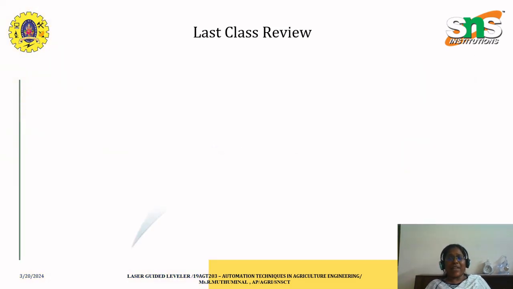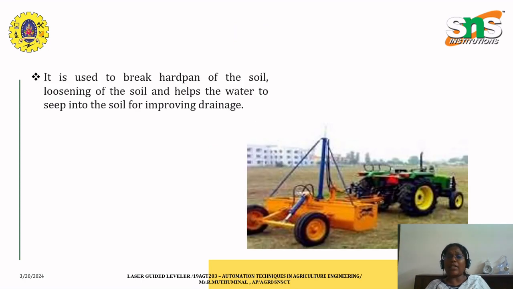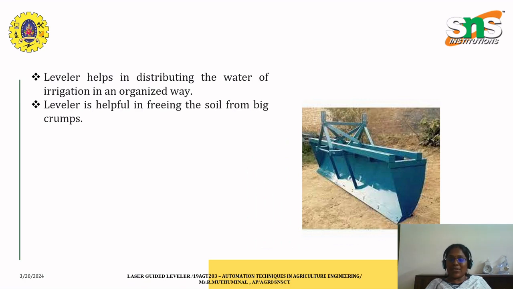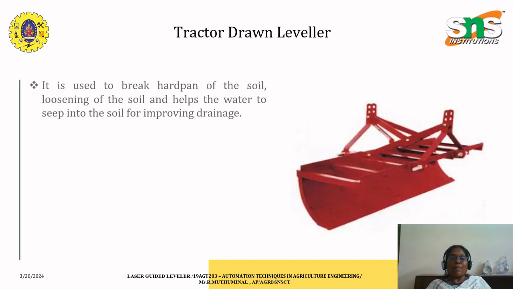At the previous class, we have seen something about what is precision, what is the precision machinery and equipments involved in precision machinery, along with what is leveler. Here we have seen the concept involved in leveler, that is the main principle of how to loosen the soil to maintain the irrigation system, that is for the purpose of improving the drainage through increasing the voids ratio. And we have also seen how the leveler works, which comes under the functions of leveler, and what are the types of leveler. Initially we started with how the tractor drawn leveler works